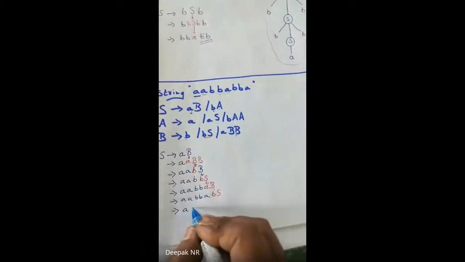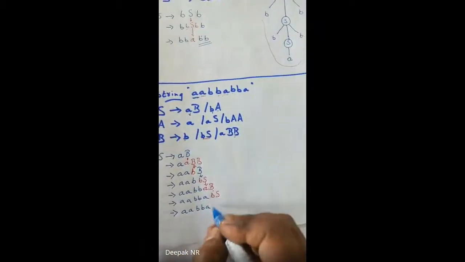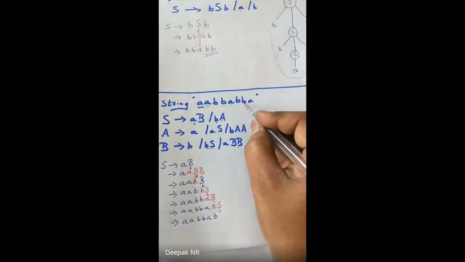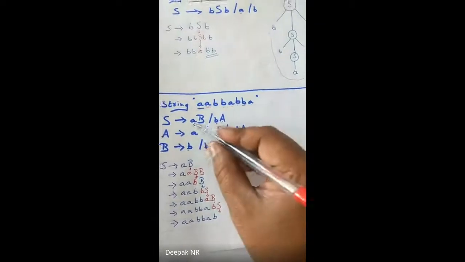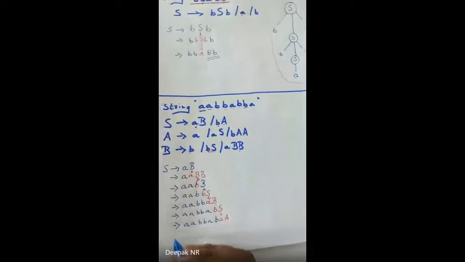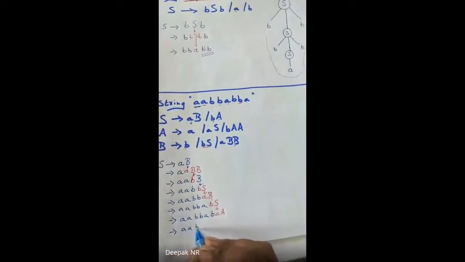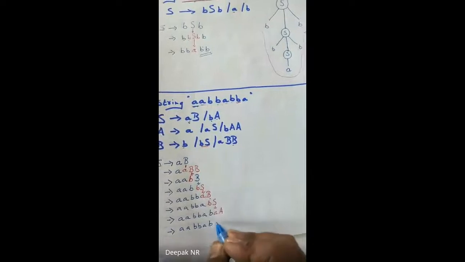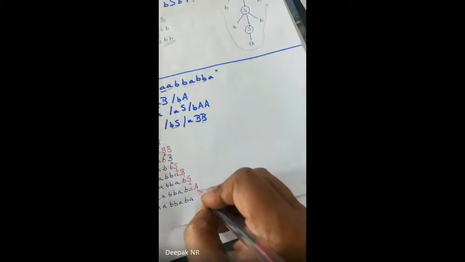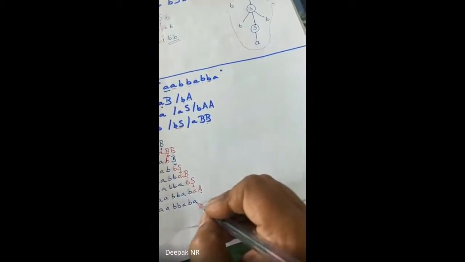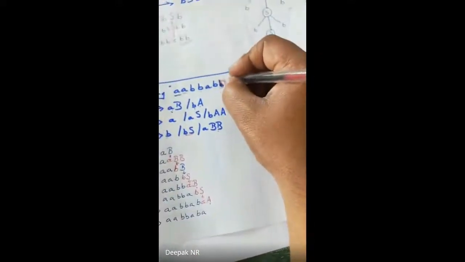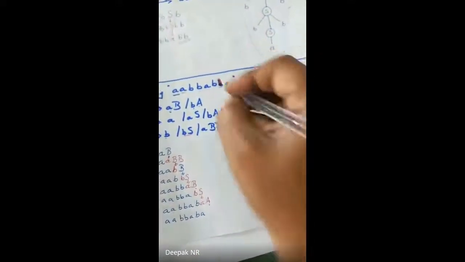So I'll be taking AA, BBA, B. For this S, my next bit is B. Which one should I use when S comes? I use A and A. Correct? So now AA, BBA, B, A. For this S, I use A. Okay, it is missed. Okay, assume I write A and A.